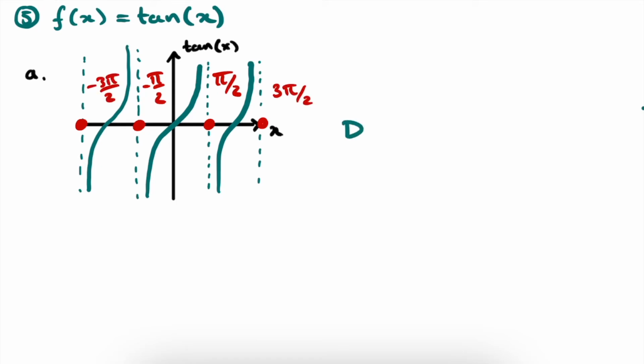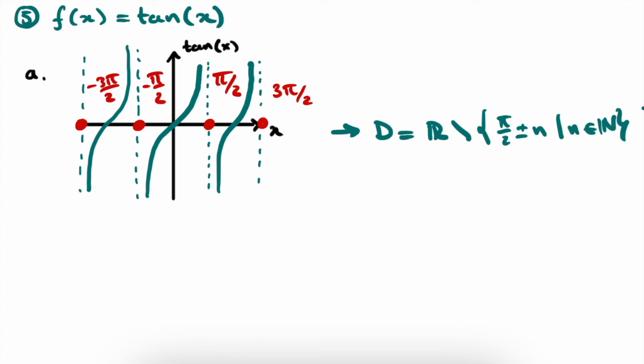And from this, you know that the domain of the tangent of x is simply the complete x-axis, so all of R, the real numbers, without the following set of numbers. So all of the pi over 2's, and from this you could directly see that the domain of the tangent of x is simply all of the real numbers without all of these multiples of pi over 2, with n being a natural number. However, this method does not give us a generic approach to finding the